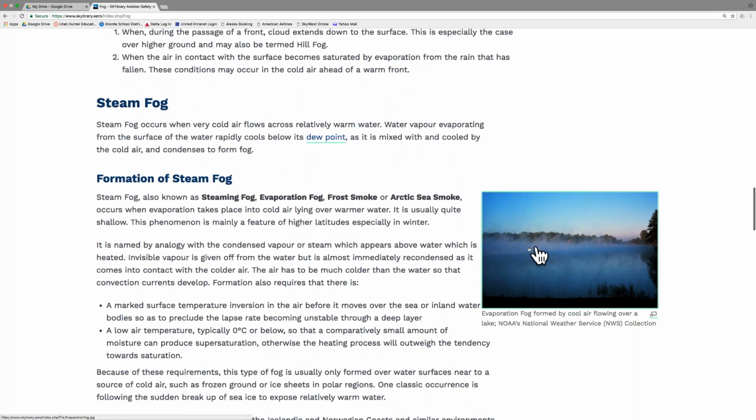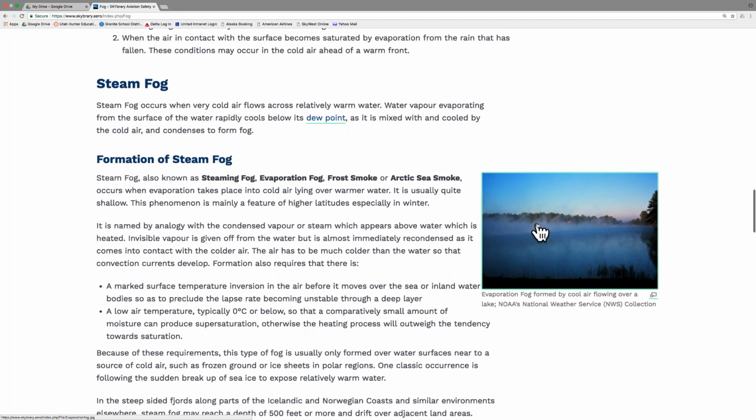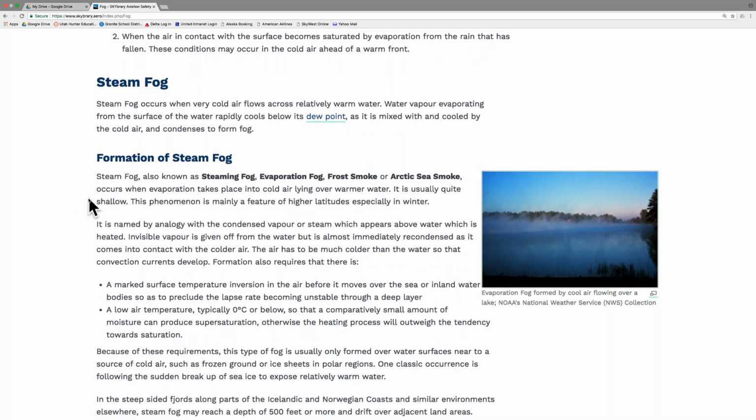This doesn't tend to be as big of a problem because once the water hits the land around it, it dissipates pretty quickly. Because like it says, what's happening is the water's actually evaporating off the lake. Because it's warm, it's just getting cooled rapidly as it evaporates off the lake. So when it goes over land, there's no more of that evaporation, and so it dissipates rather quickly.